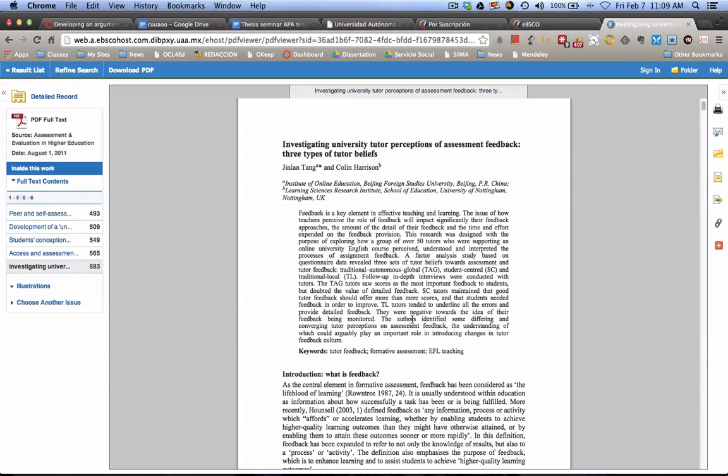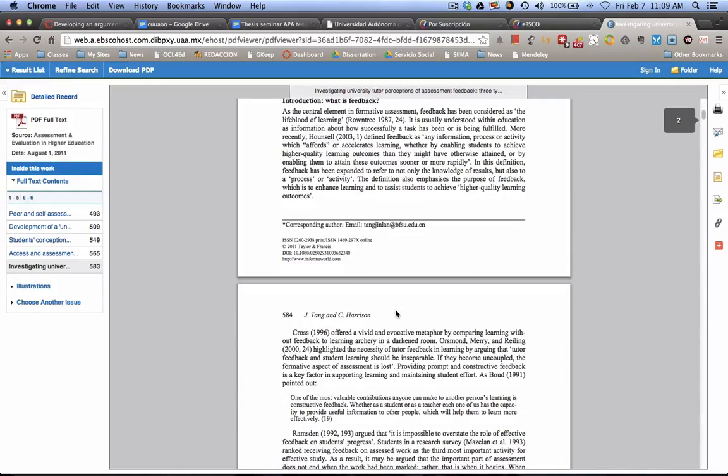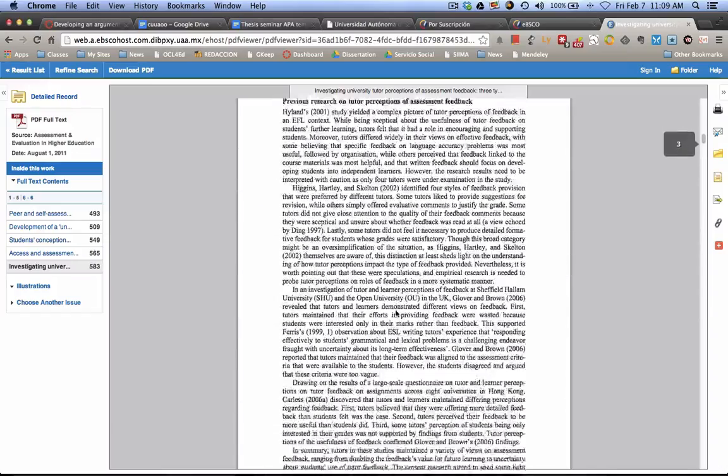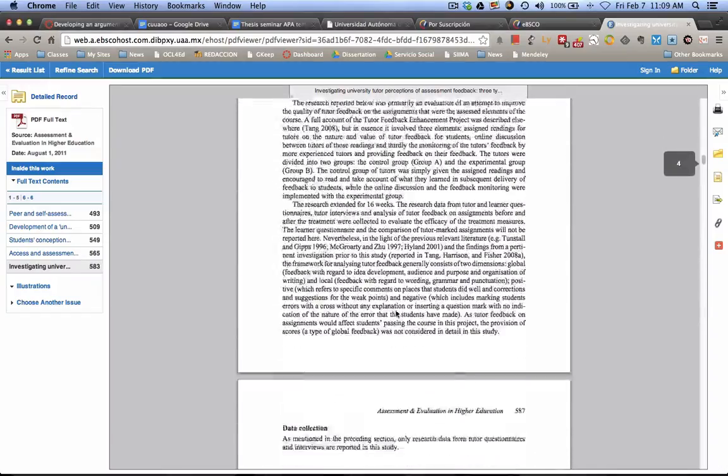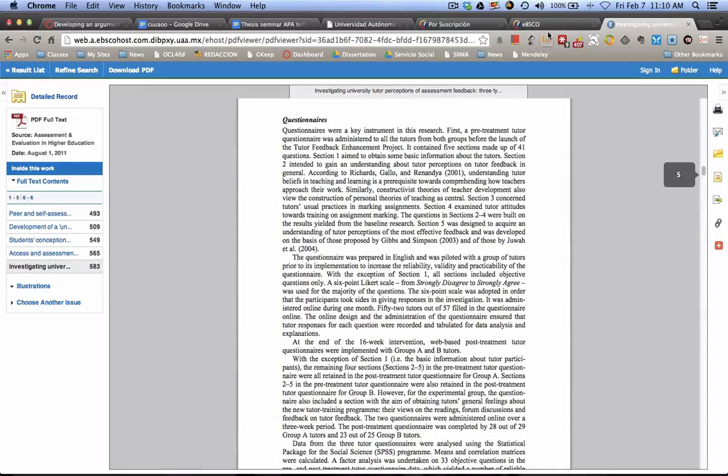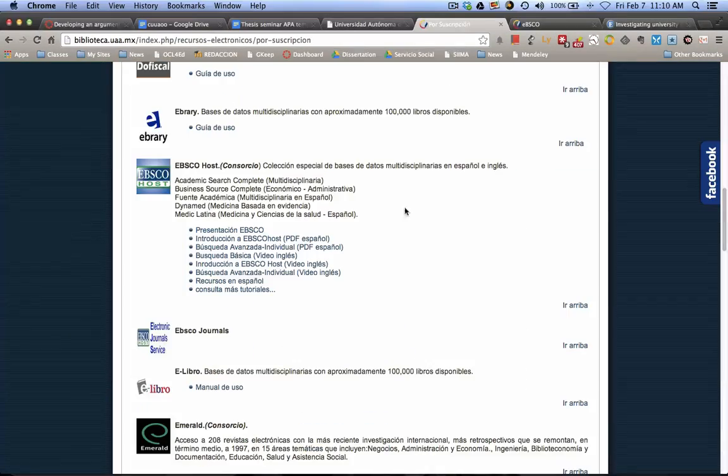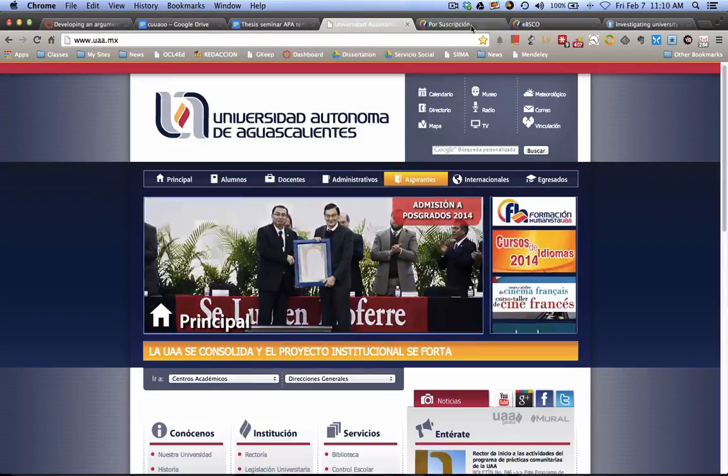And so, you have to ask yourself, okay, what do you want to evaluate? You could do something very similar here, perceptions of assessment feedback. There might be some things that you can use in this article, and you have access to this. If you just do this search like I've done here,